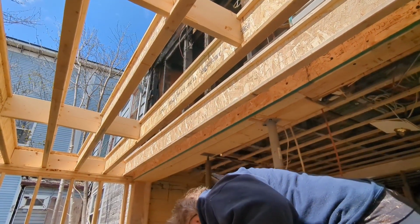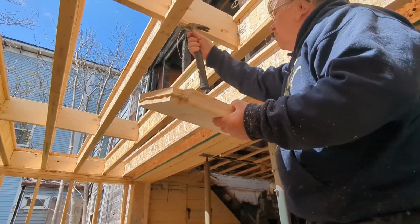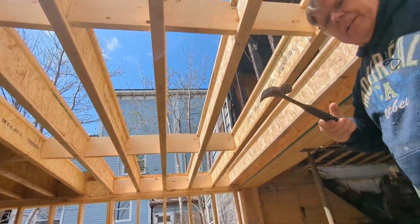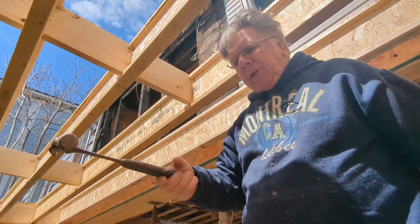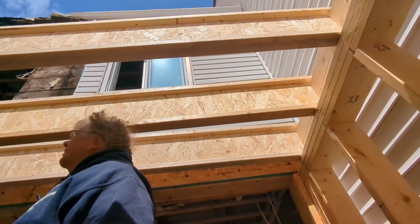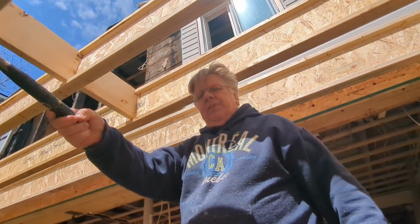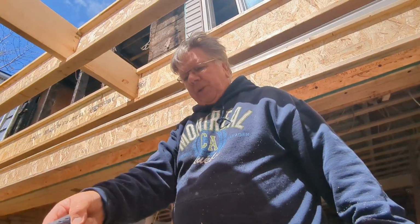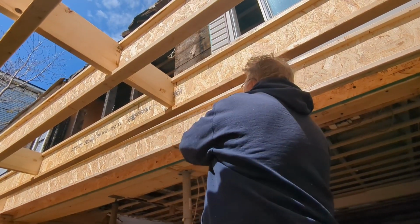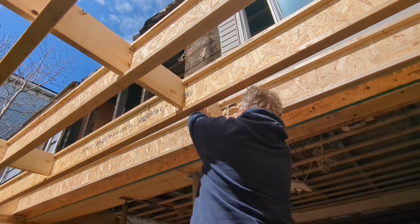So on this, I'm almost at the end to the bracing. You can see we went right along. I want to put one in the center. I want a little over 5 feet. But here I got to cut out for the stairs. But I don't have my flooring yet. So I can't do that. And I'm gonna cut it out after these joists. I cut about 9 feet back for the opening for the stairs. It's gonna go minimum. So these are far enough back. And what's nice with this being a little higher,